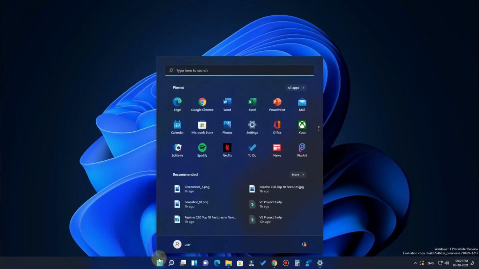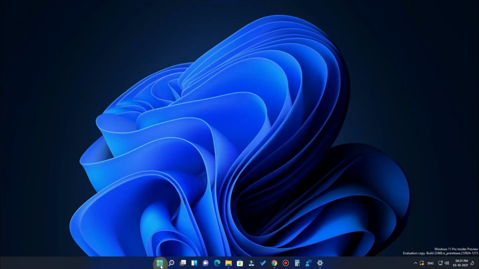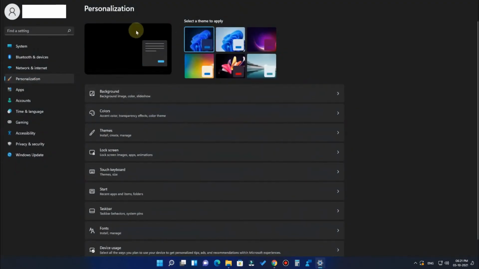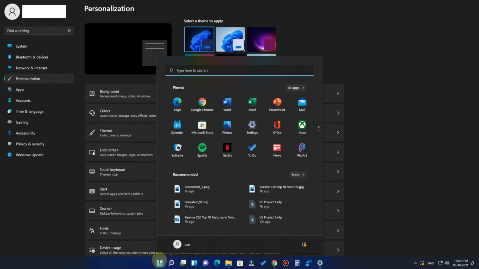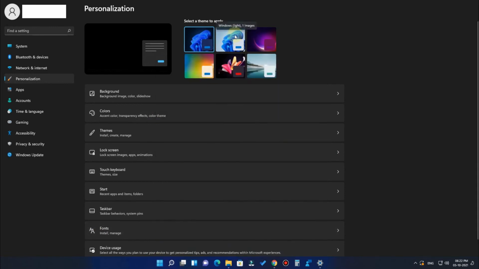The start menu also has that acrylic design, so it has a transparent background design, but it depends upon the wallpaper you have chosen. So for example, in the personalization, in case you have selected the dark theme, you can experience that acrylic background design in all the context menus, the start menu, and the widgets. But in case you have chosen the light theme, you can't see that acrylic background design.